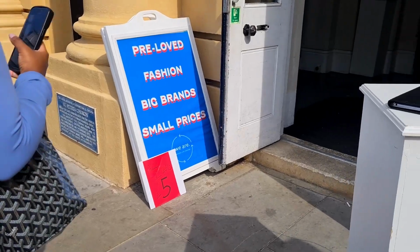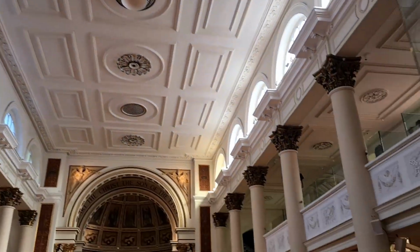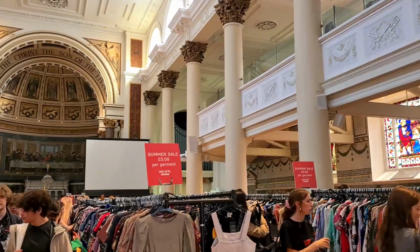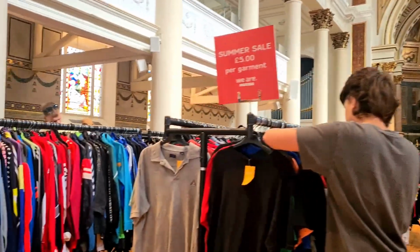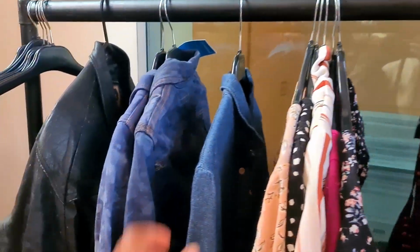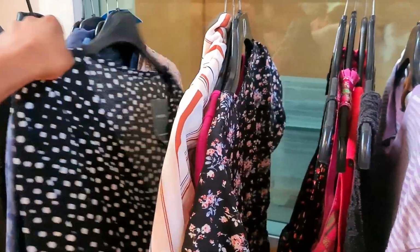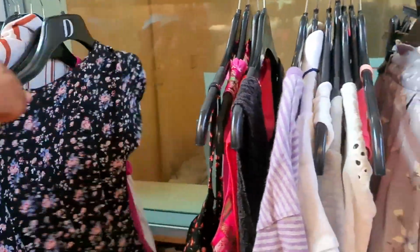This was actually my first time attending one of these vintage pop-up things. It was located in Notting Hill, in a church, but I know they do them in different locations because I've seen the Instagram adverts quite a few times. I've seen people post TikToks attending these events as well, and I just think it's a very cool concept, definitely